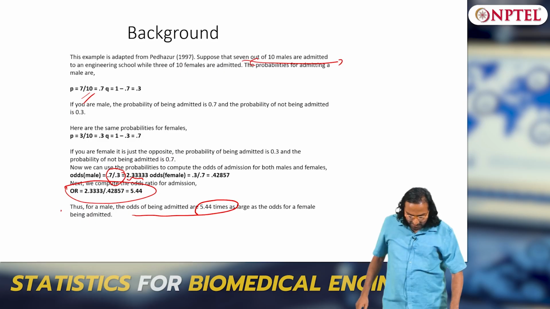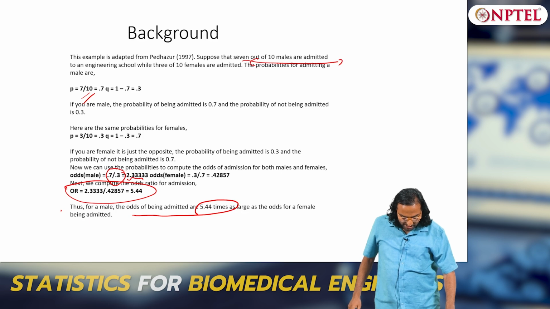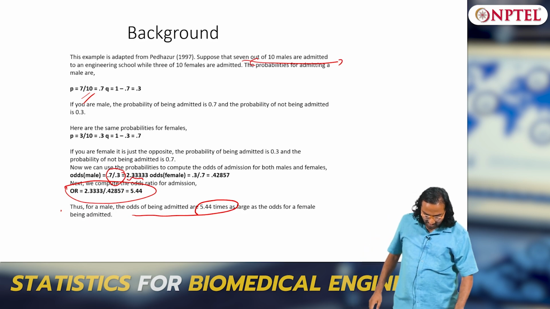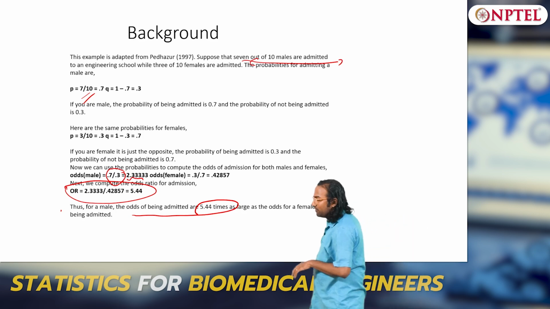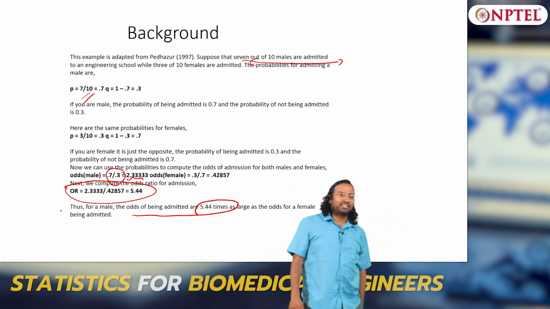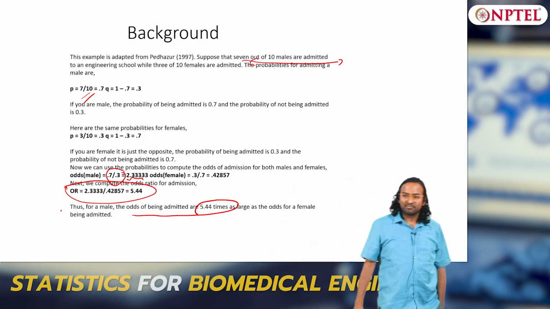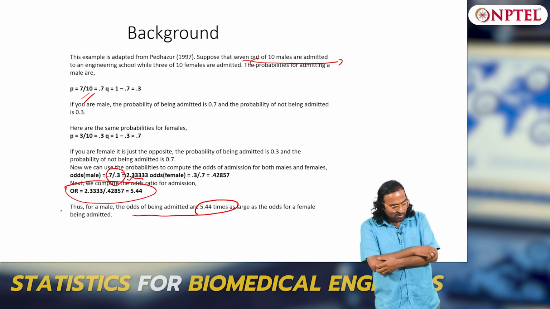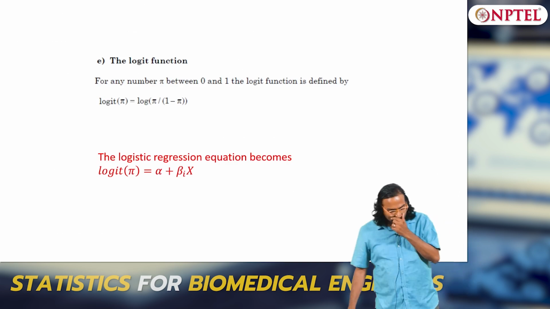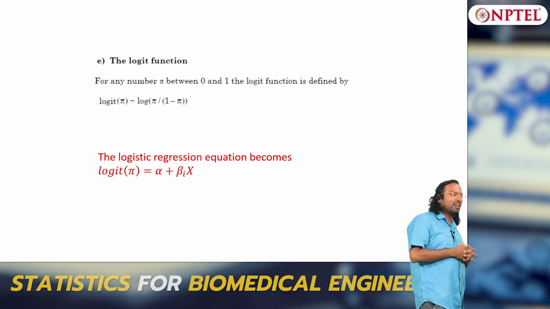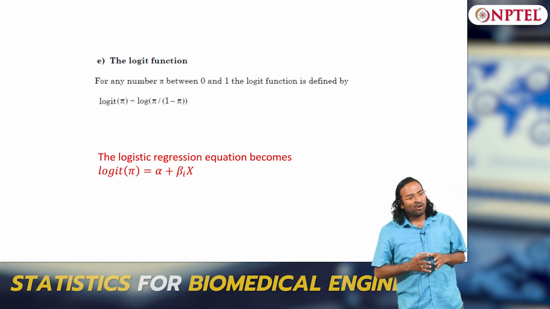So last class we were talking about logistic regression, right? We talked about odds and the odds ratio towards the end, am I right? So now we start looking at, before I get into it, remember last class we said the logistic regression name is because it is linear in the logit function.